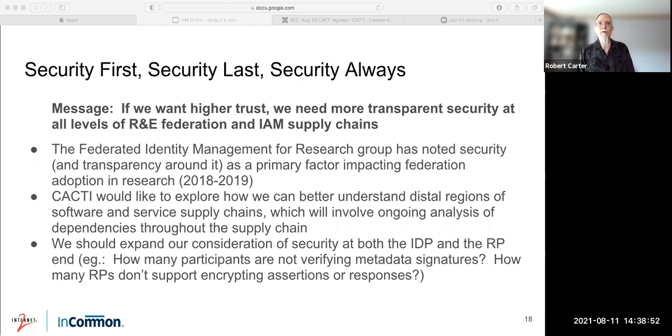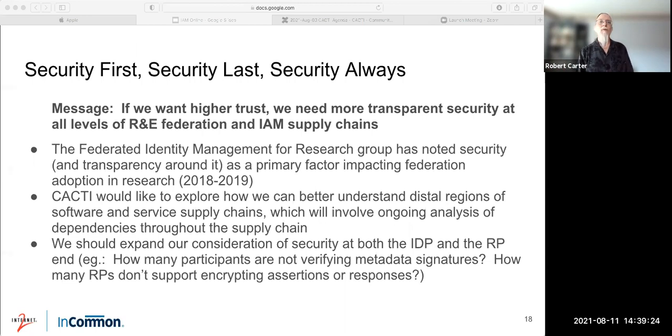There's this group called the Federated Identity Management for Research Group. There's a collection of folks from largely big science and some other research areas that get together occasionally and talk about federated identity and how it affects research and what research needs from federated identity in general, what they need us in a sense to do. And they call themselves FIM4R. So FIM4R did a report a couple of years ago now